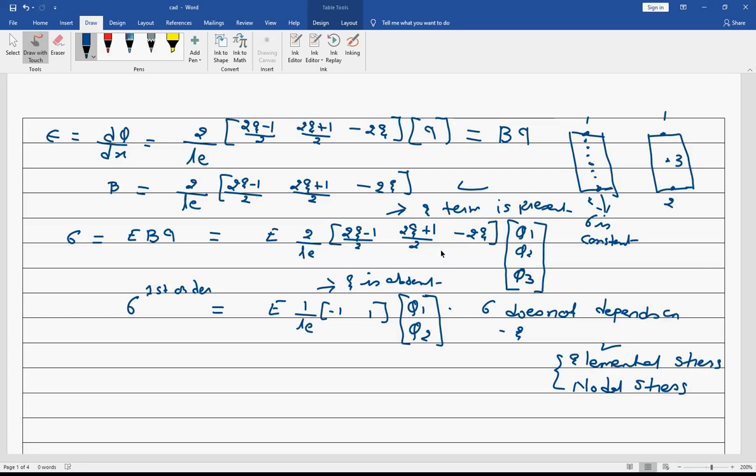But in case of the second order element, if I put xi equal to 0, that belongs to node 1, the stress value will be different. If I put xi equal to 0 at node 3, the stress value will be different. If I put xi equal to 1 at node 2, again the stress value will be different. So at 3 different locations, I am going to get different sigma, sigma 1, sigma 2, sigma 3. That is the meaning, that sigma depends on the location now. So sigma is not constant throughout the element.